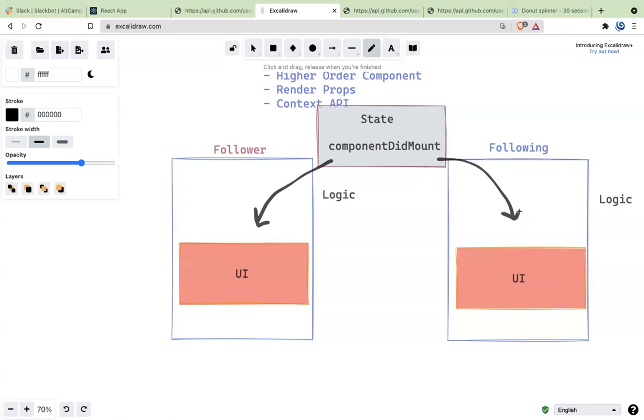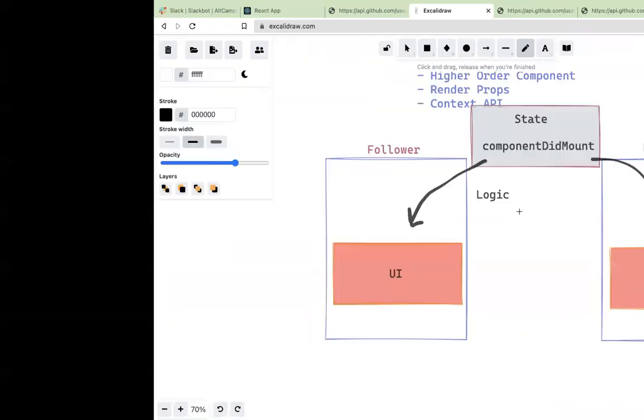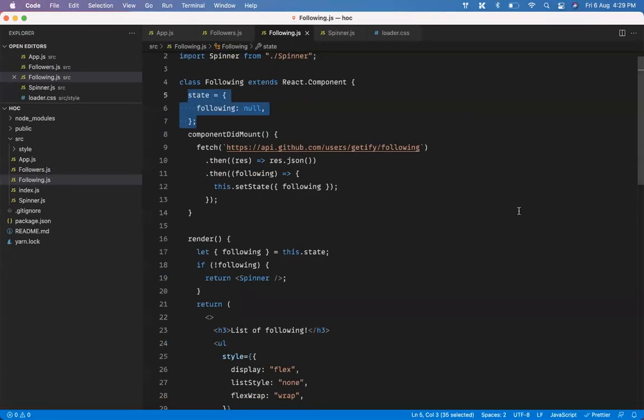Is there any other way? Yes or no? You can use a function which will accept some parameters and change the URL or something. Okay, so obviously what you're saying is that you can use a function, but can you replicate component did mount? Your function will not have component did mount, right? This is the logic that only comes to a class component. You can create a function for this part, but can you create a function or logic for this part?